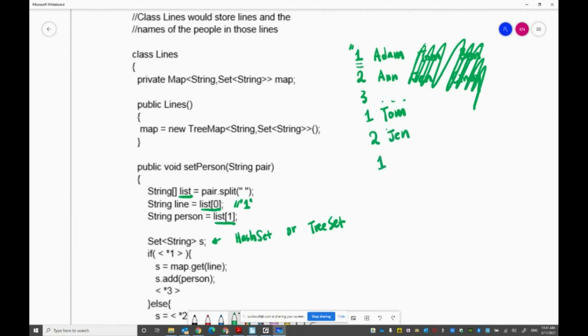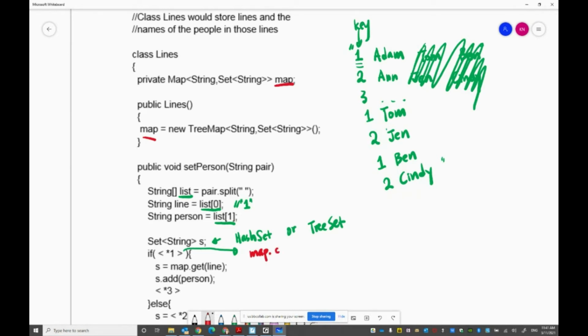Now I figured out what it looks like. So I need to check if the line number is in the map as a key, because that is a key. So for my map, which is global,